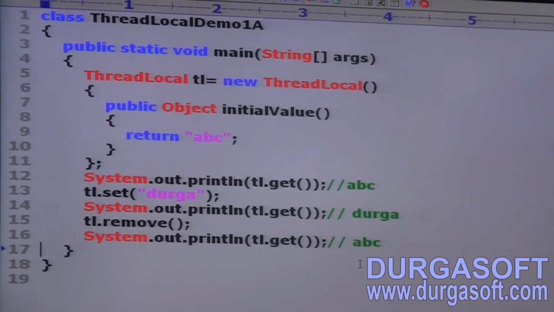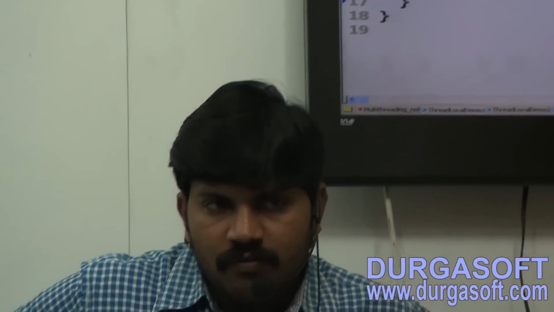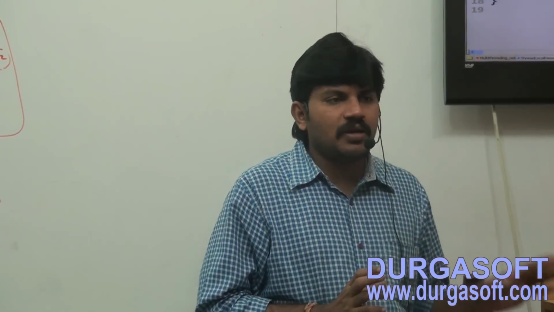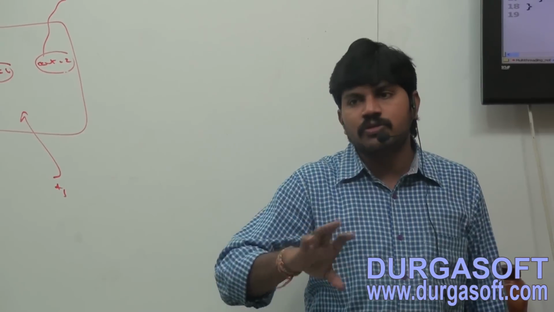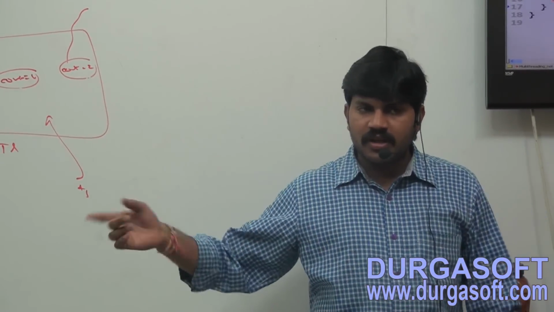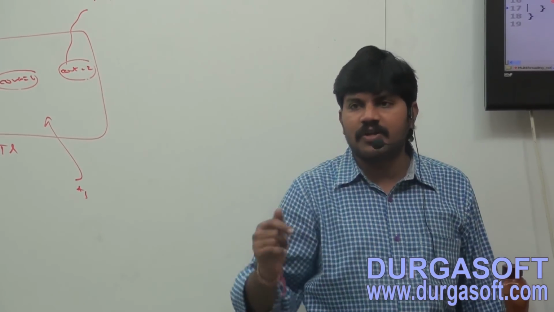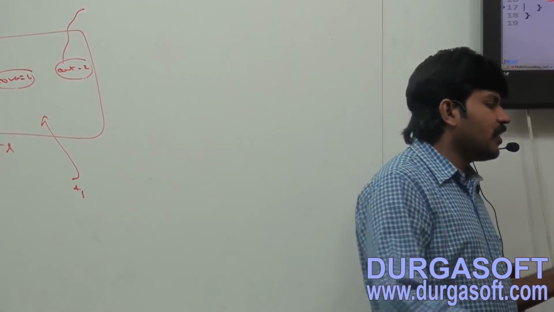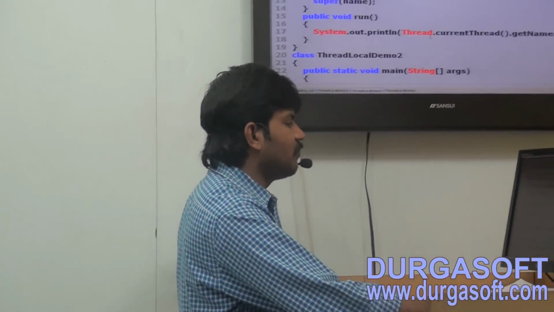Okay. Next there is one example I want to take, where exactly to use a ThreadLocal. Can you tell for which purpose we can go for ThreadLocal? For each thread, if you want to maintain a separate copy, then we should go for ThreadLocal, correct or not? Okay, for every thread. Sir, in this example, what we explored is just how to create a ThreadLocal object, what methods you can call, how to get the value, how to set the value. But now I will create multiple threads. For every thread, is it possible to maintain a separate value or not? Let me go for a simple example for that, a more meaningful example.